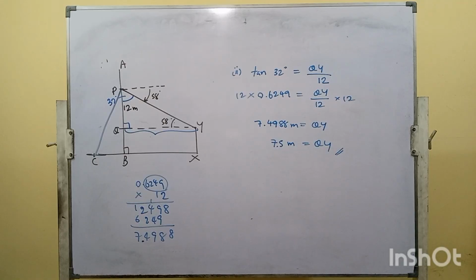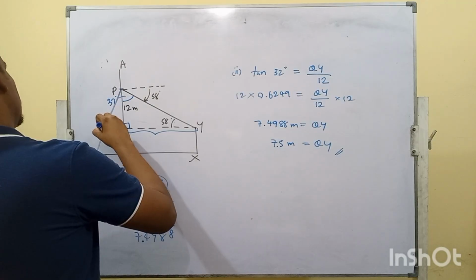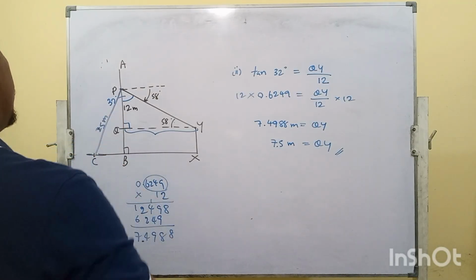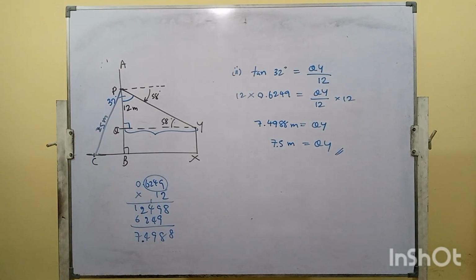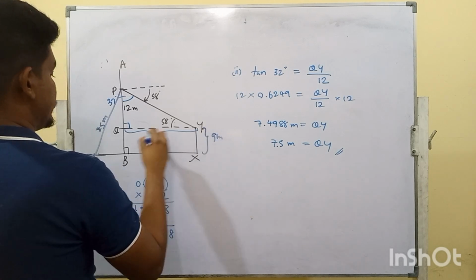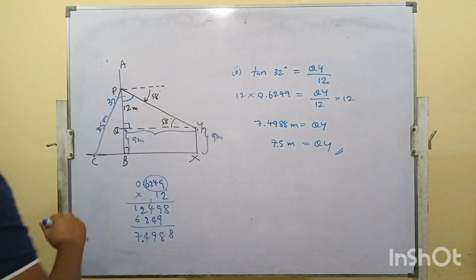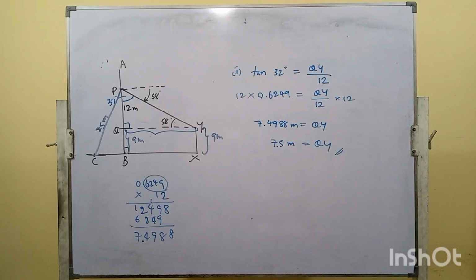If the length of PC is 25 meters, the PC length is 25 meters and the height of the tower is 9 meters. It is 9. It's also 9 meters. No? Both are at the same height. No? Right. Then we have to find,